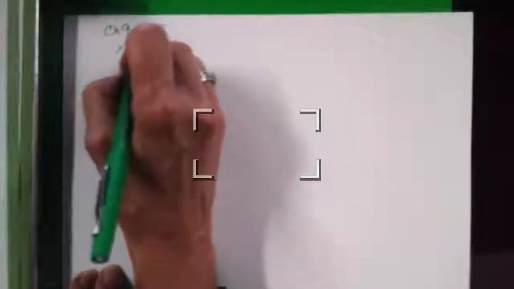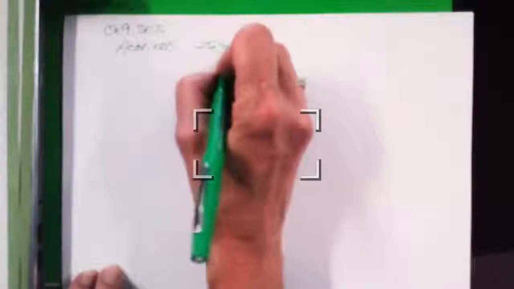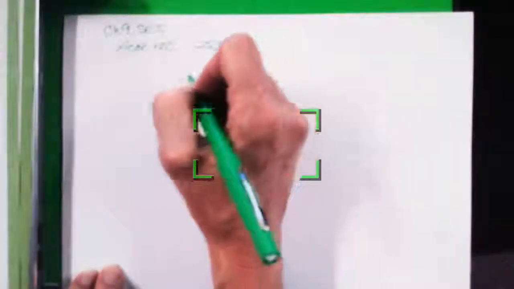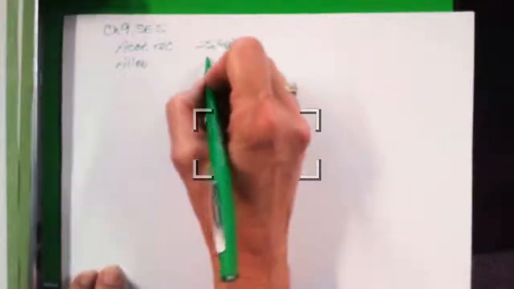Okay, so the problem says we use the allowance method to record bad debts, and we use the accounts receivable balance method. This is chapter 9, SE5. They tell us that accounts receivable is $25,400, and that our allowance for uncollectible accounts is $4,900. So that means our net accounts receivable